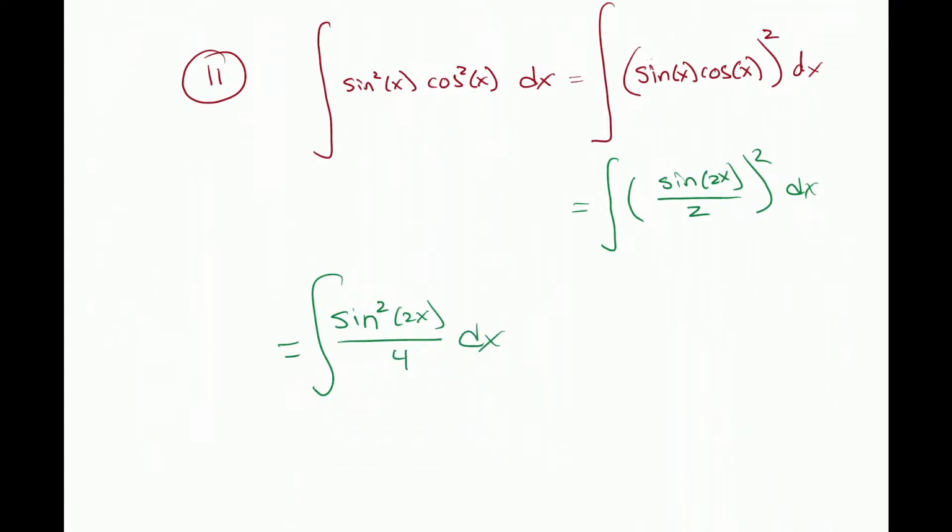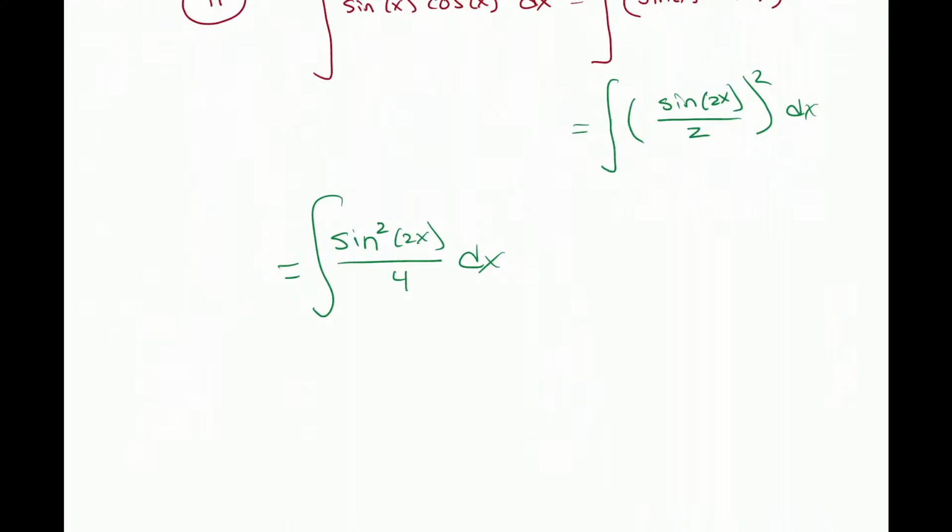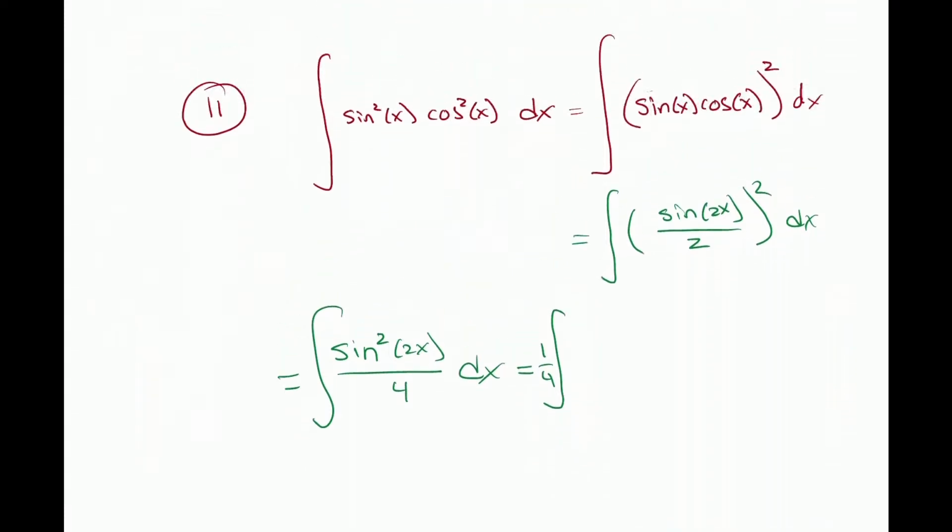And now you might say, well, wait a minute, I don't know how to do that. Well, you could either use the formula that I had last time for the integral of sine squared of x, which is totally fine. Or you can use the identity up here that says that sine squared of x is equal to, hold on a minute, I'm going to put 1/4 here just to make it. So sine squared